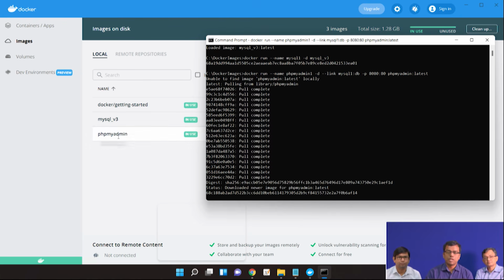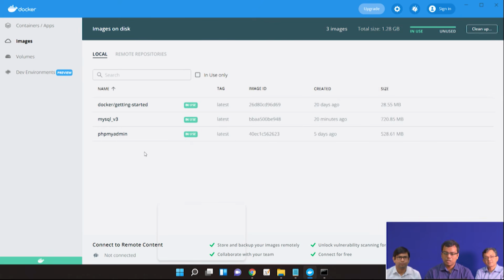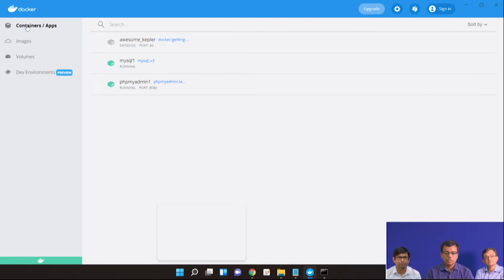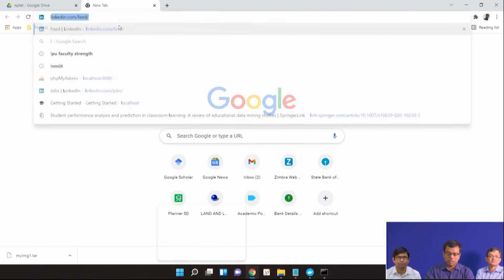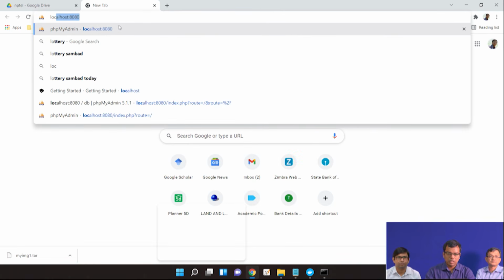Now the new phpMyAdmin has appeared here, running on port 8080. Let us go to this phpMyAdmin, which is running locally on port 8080.